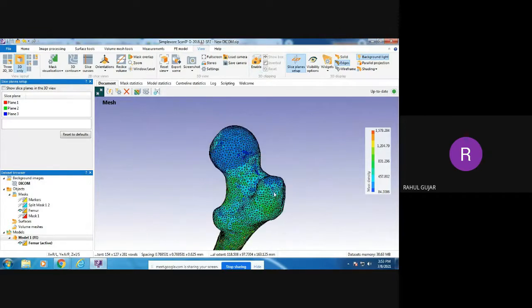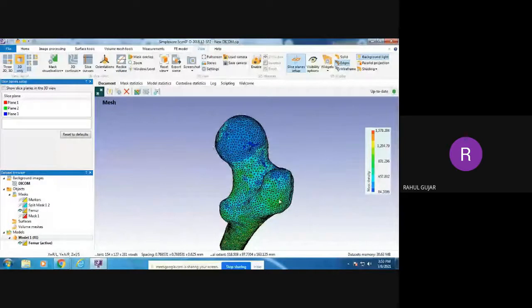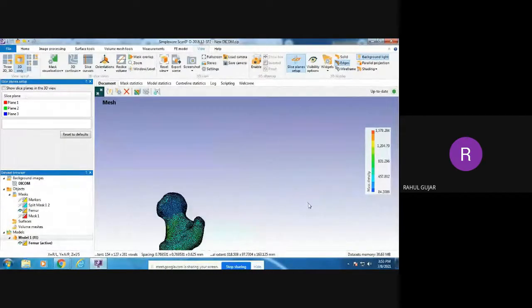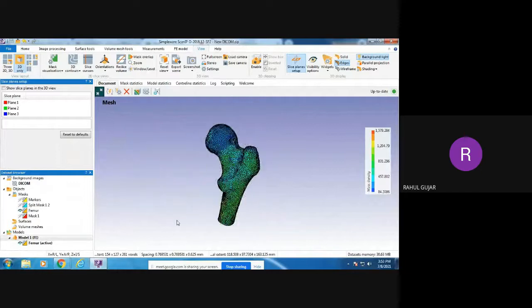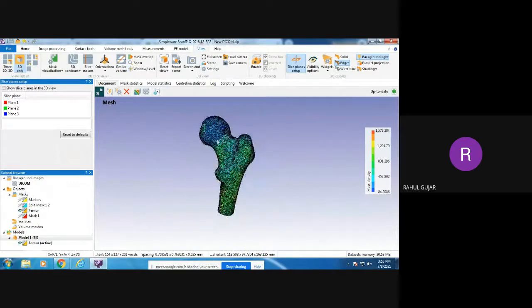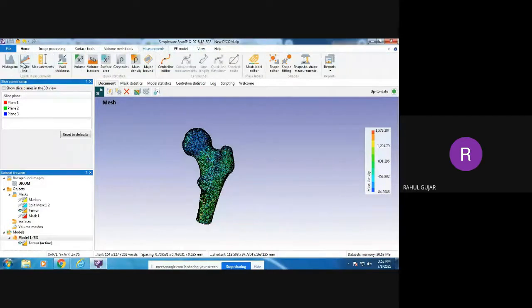Another advantage of this software is that we can also take measurements or dimensions. If you want to find out the dimensions for subject specific analysis of that bone or any other component, you can just click on the measurement option. Many measurements are available here: histogram, profile line, linear measurement, wall thickness, cortical wall thickness. If you want to measure, you can measure.